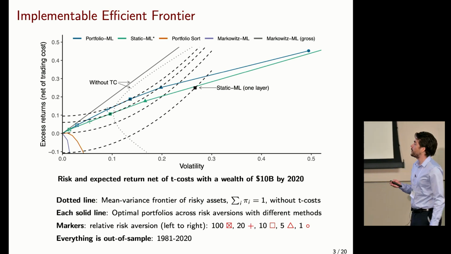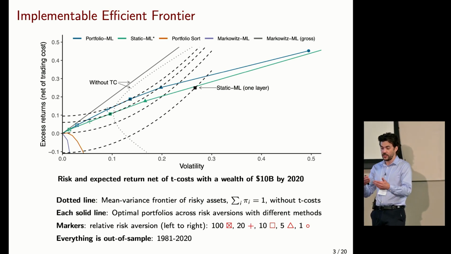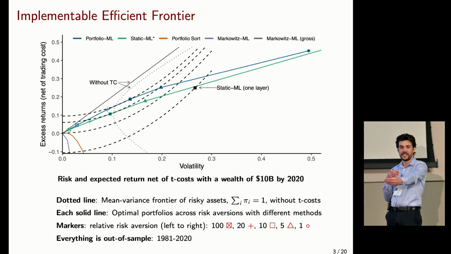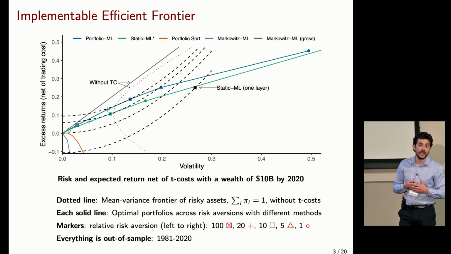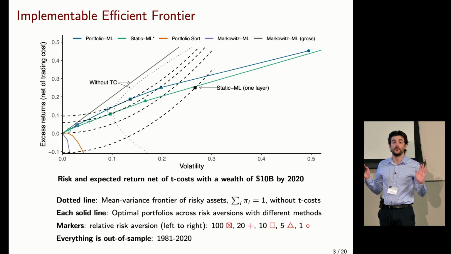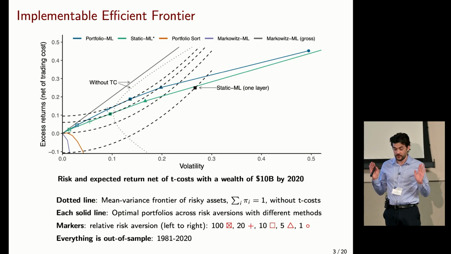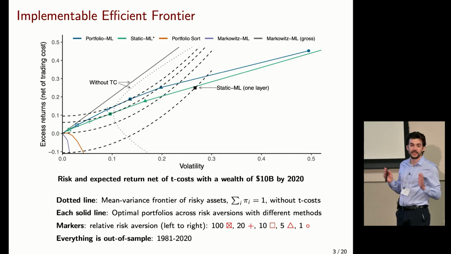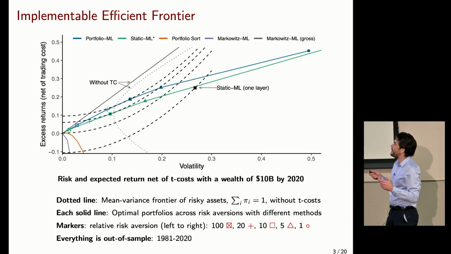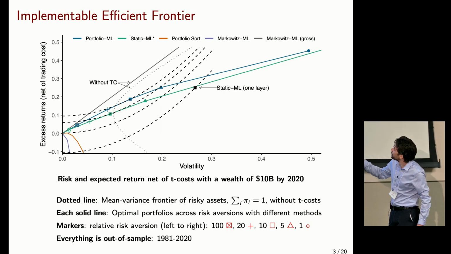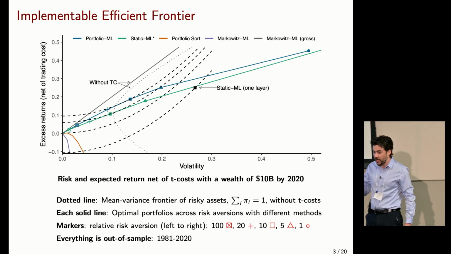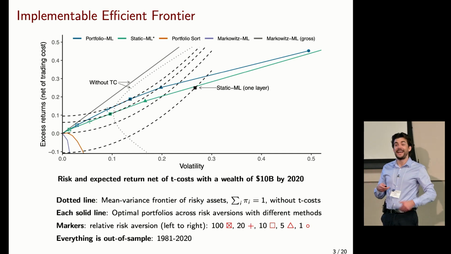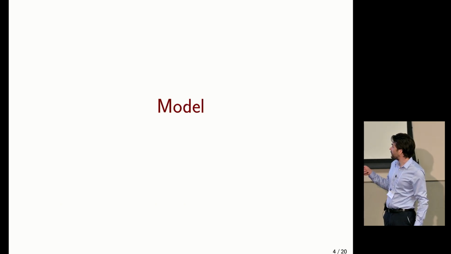So we do this in the paper as well, and we use a machine learning model to predict returns over the next month. Then we create a portfolio based on those predictions, and we show that we can actually get a Sharpe ratio of 2 out of sample. So that's, of course, very high and very attractive for an investor. And that's basically the standard efficient frontier that I'm showing here. But what happens once we think about the cost of trading this portfolio is that after cost, the net returns,